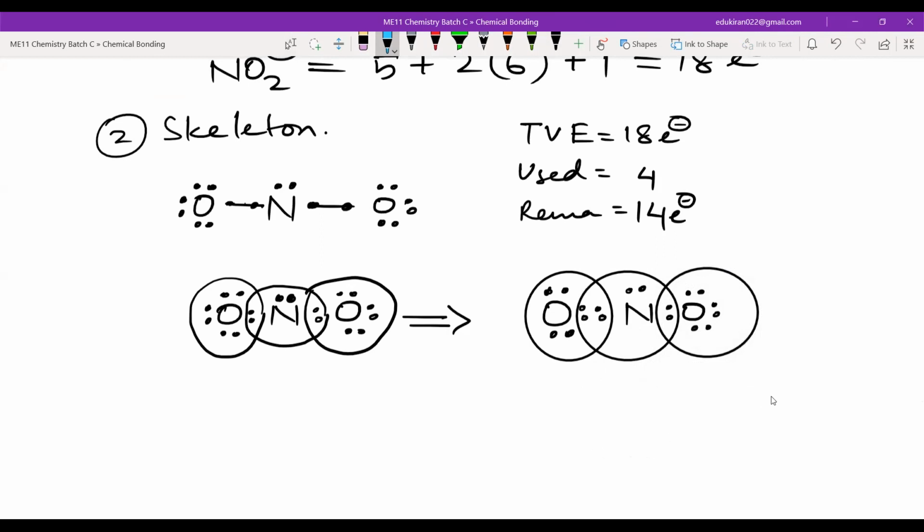So that step you have to always remember, that first surrounding, then central. देखिए जब आप ये बनाते हैं ना, when you make the skeleton, this central already has at least 4 electrons, right? But these are completely deficient of the electrons. So first इनको fill किया जाता है. After that we fill the central one.